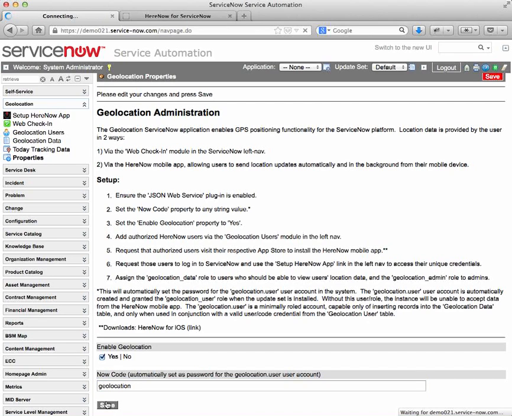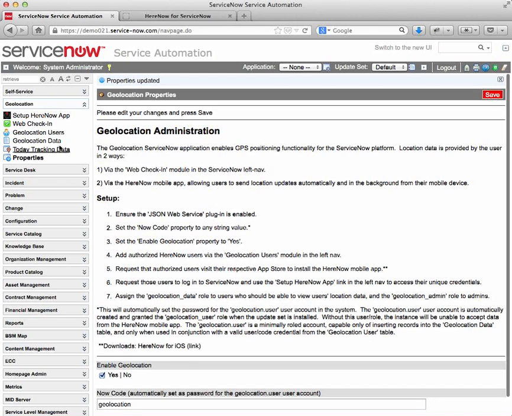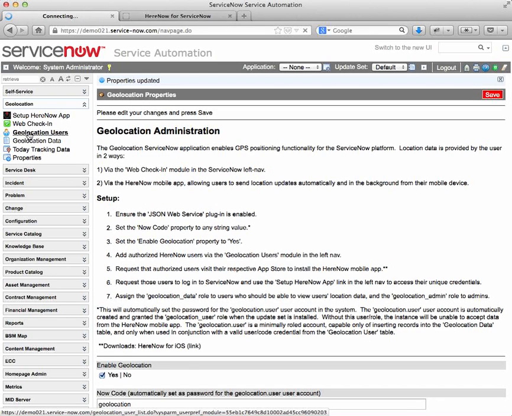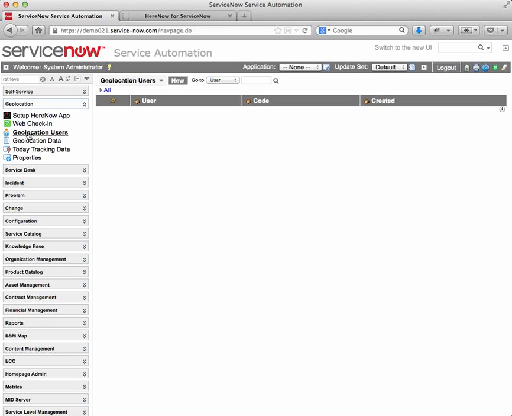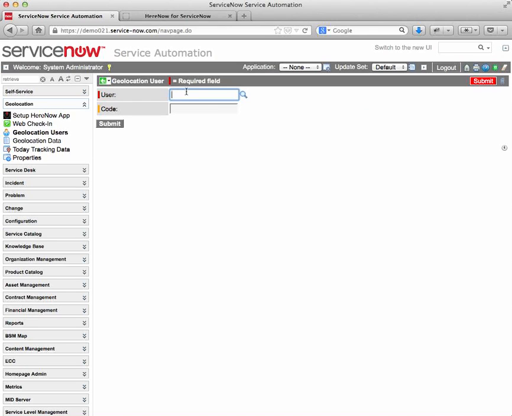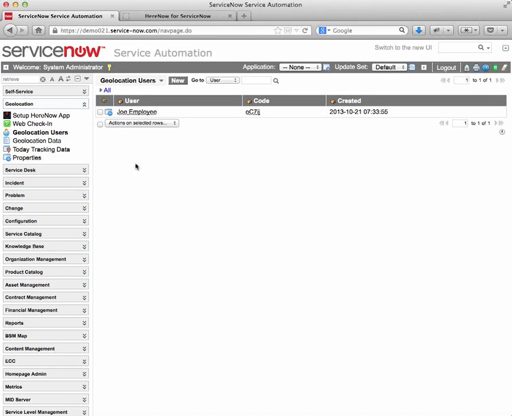So now we've enabled geolocation, and we need to add some users so that we can start to use this. We're over to geolocation users in the left nav, and we're going to add a new user. In here, all we see is a simple user option. So we just pick any user. We'll go with Joe Employee. Add his name, click Submit, and it's going to create a new entry. And it's just the username and a code. And this is a randomized code that will enable that user to authenticate via the mobile app and send his